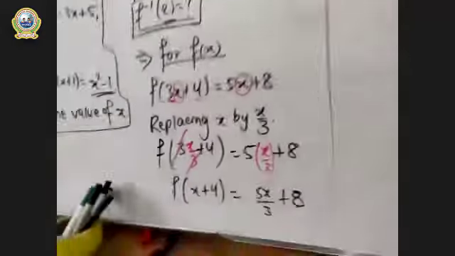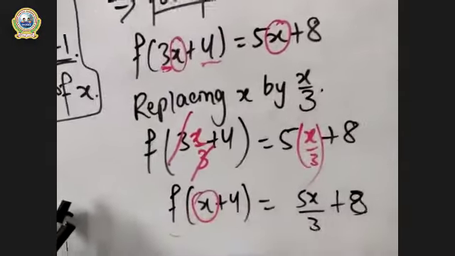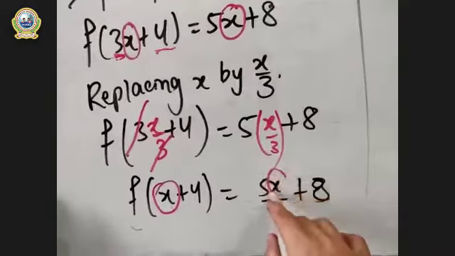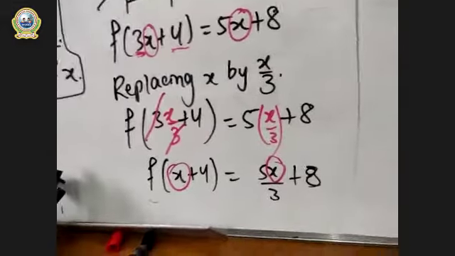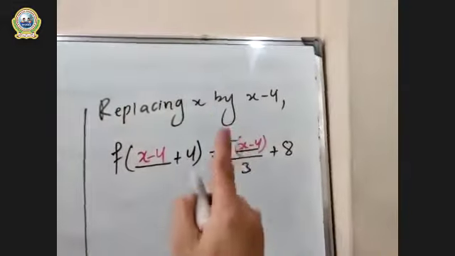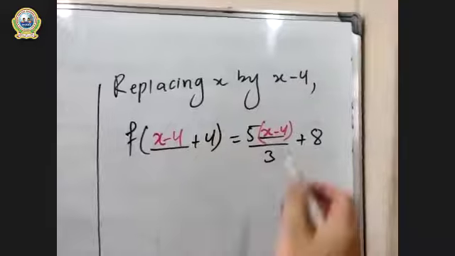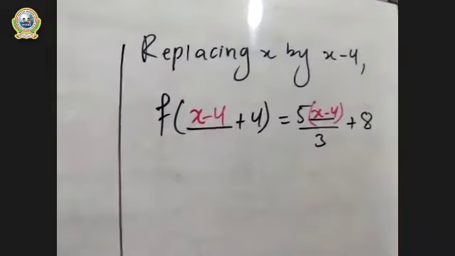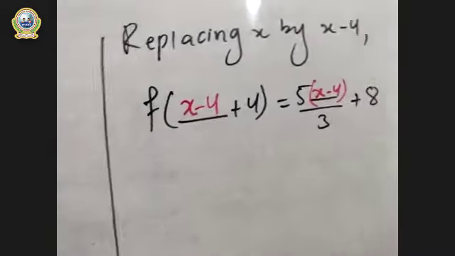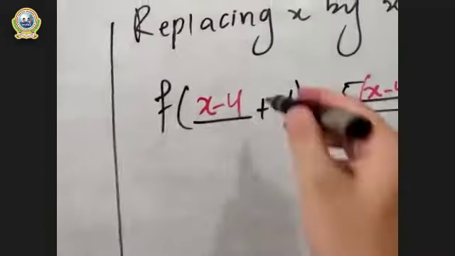And in the place of x, we are writing x minus 4. Look at here. In this x, we are writing x minus 4, and even in this x, we have to write x minus 4. And now this will look like this, right? The x has been replaced as x minus 4. Are you clear? Now these two will get cancelled, right?